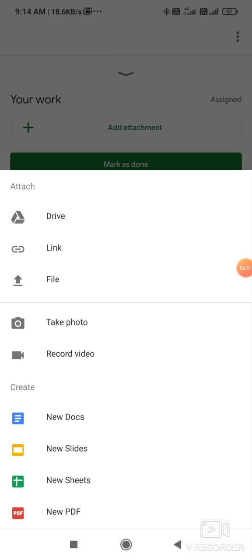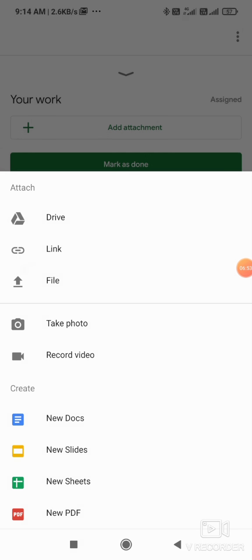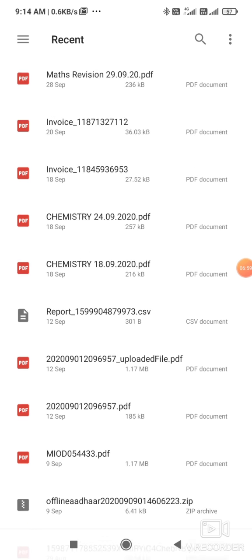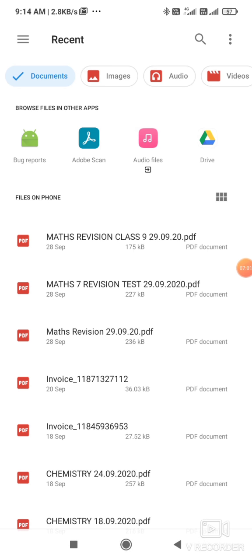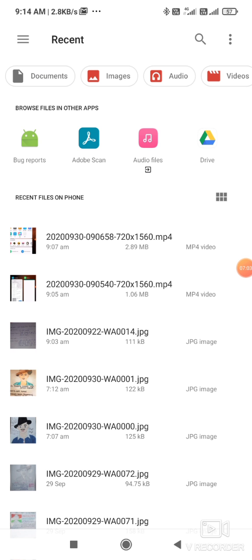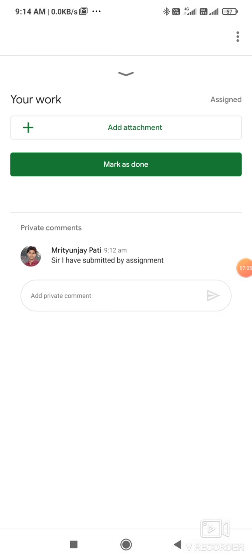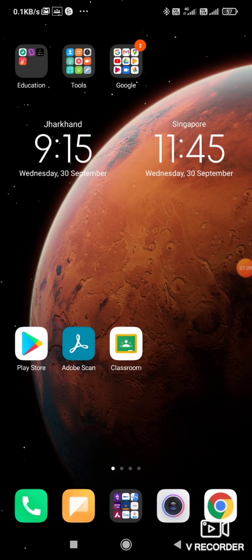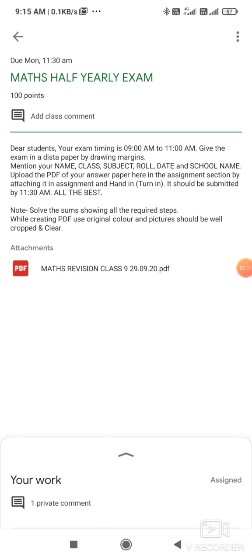Now add attachment, attach your file through the file option. Okay, documents. Find your PDF with the name that you have saved and you can send it. So this is how you can go to Google Classroom and directly send.